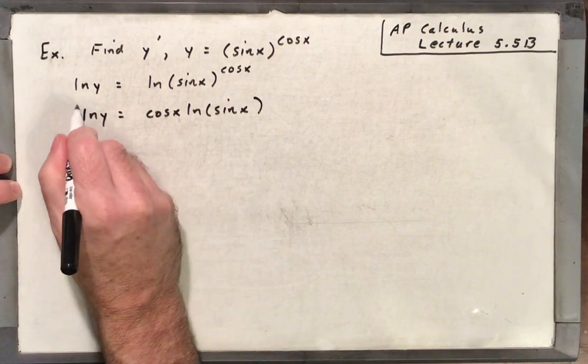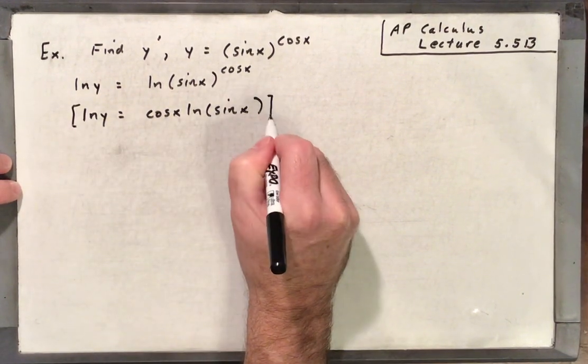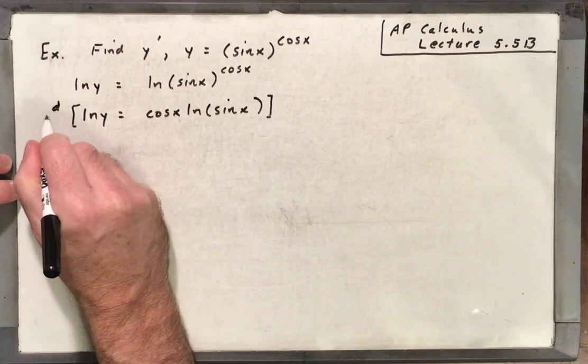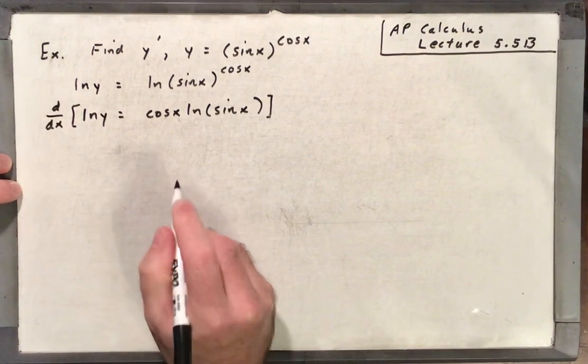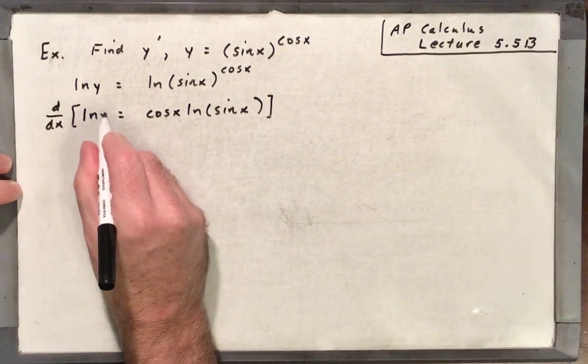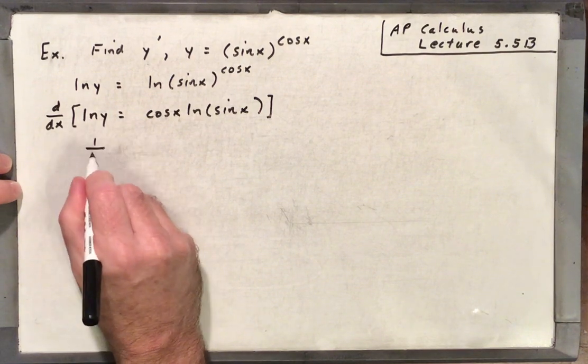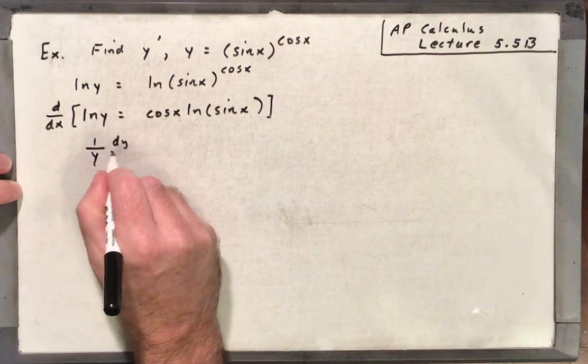All right, now we're going to take the derivative of both sides. This is our implicit differentiation. All right, so that's natural log of y. The derivative of that is 1 over y dy dx